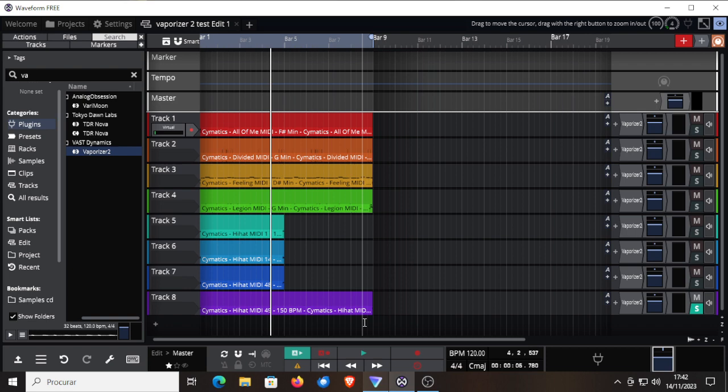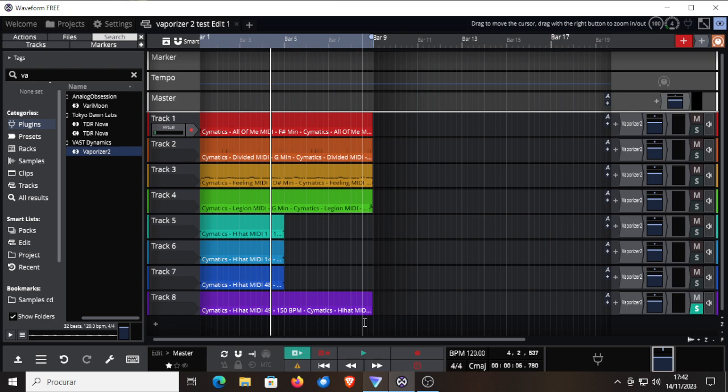Vaporizer 2, it's an excellent free synthesizer, a good substitution if you don't like or can't afford Serum, which is a fantastic synthesizer, but it's like 200 quid. And Vital, of course, you have a free version and a paid version. For Vital, it's also a good substitution. I'm not saying that Vital is not good, because Vital is fantastic, but I can understand that for some people it is a little bit overwhelming. It has so many functions, and for some people it can be a little bit daunting, a little bit challenging,